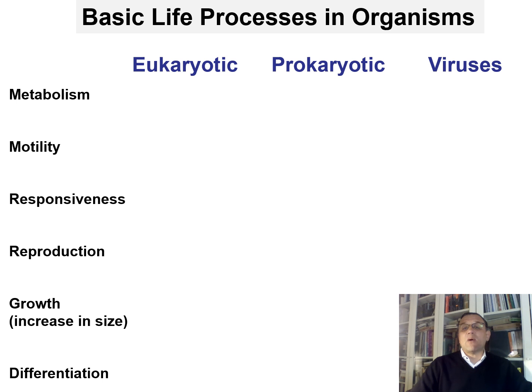As we discussed in our previous lecture, there are eukaryotic and prokaryotic organisms. Eukaryotic organisms are made of eukaryotic cells, or cells that contain nucleus or nuclei. These organisms are protista, plants, fungi, and animals, including humans. Prokaryotic organisms are unicellular organisms made of a single cell that does not have a nucleus. Those organisms are bacteria and archaea.